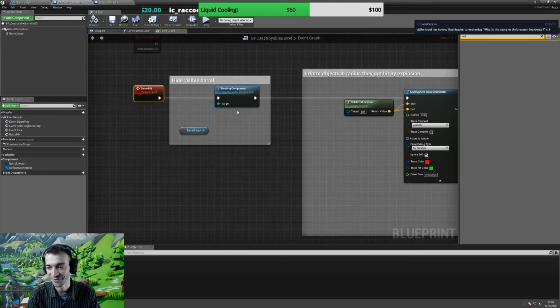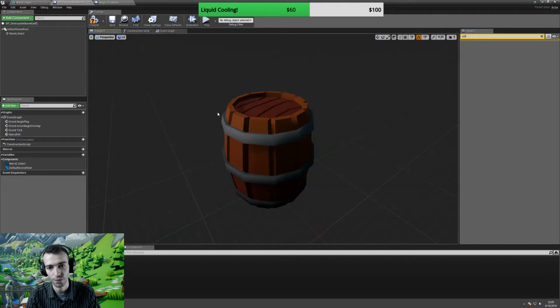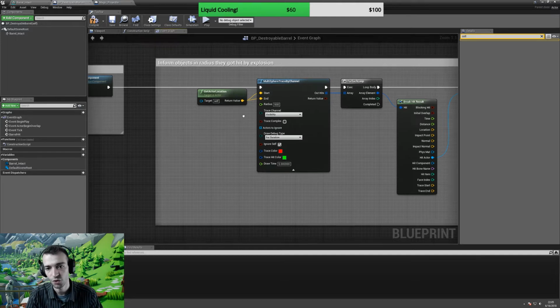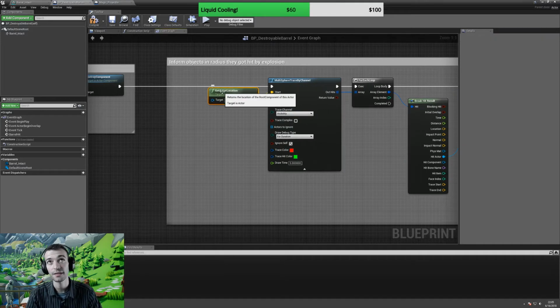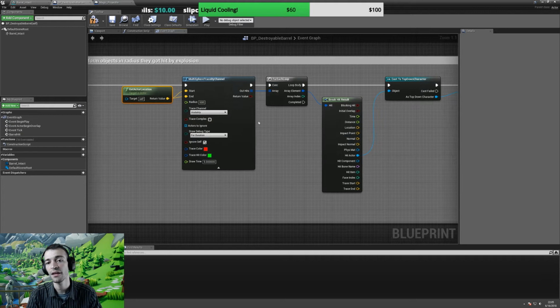Okay, so I get a barrel hit event, which tells the barrel it was hit. I destroyed the visual component, the actual barrel, and I do a multi-sphere trace by channel, which means I search in a sphere multiple times inside a radius. The radius is set to 5 meters, 500 centimeters, and then I take all the out hits I get, everything I've hit,